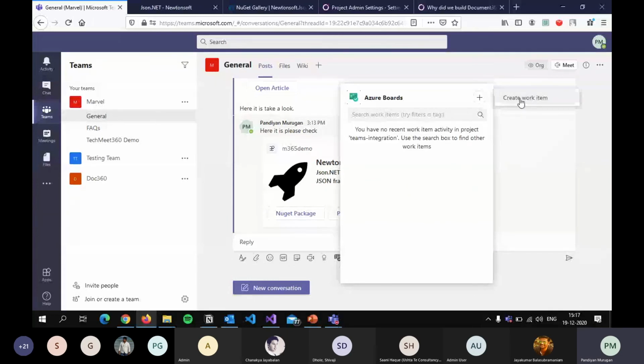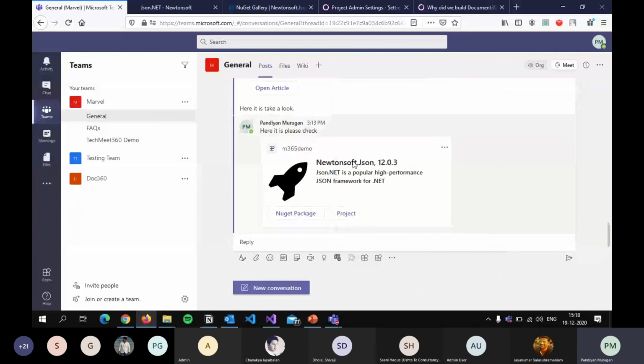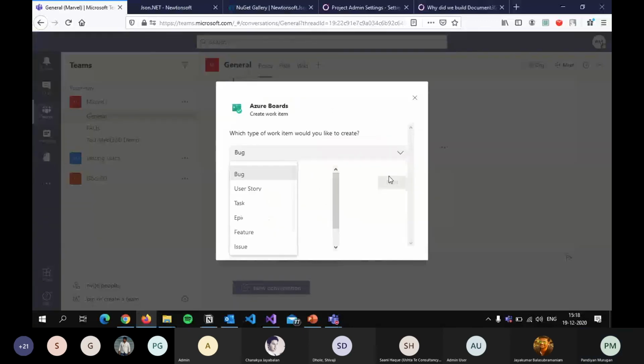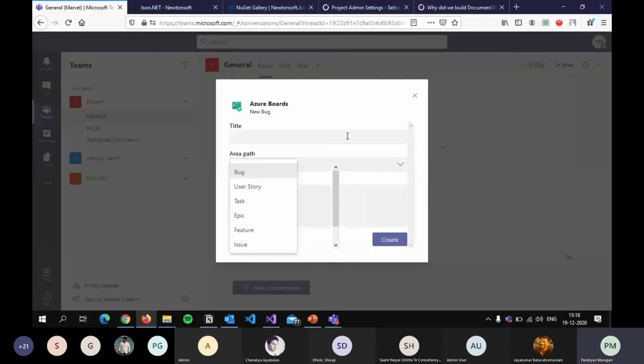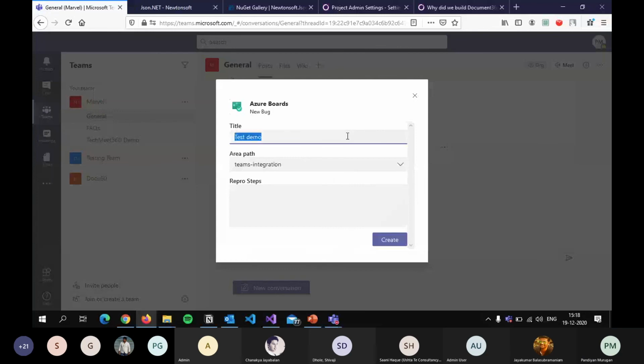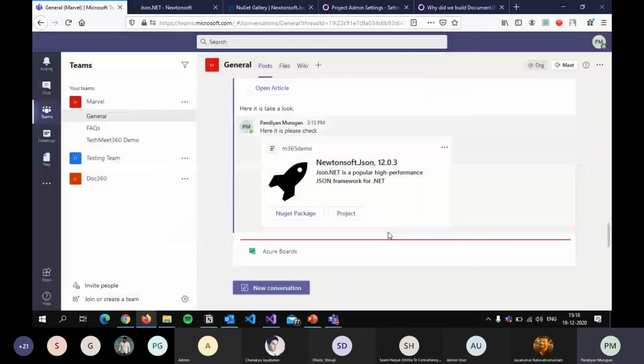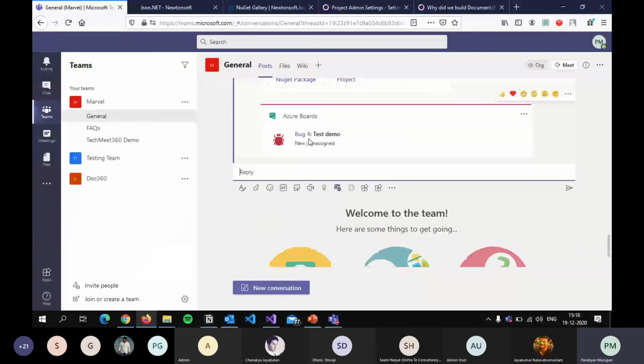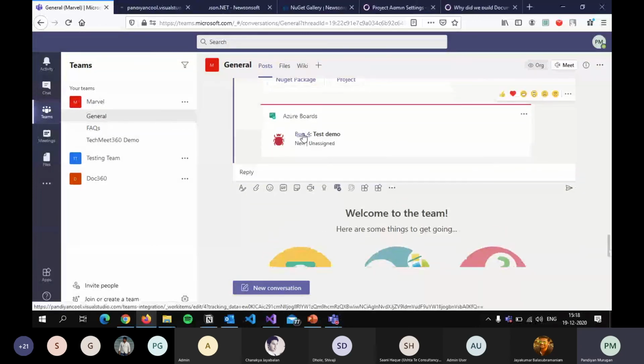Okay, I don't have any work items. Let me create a new item now. Okay, let's create a bug. So it's got created. I'm just sending it. If you open this bug in a new tab, it should provide me a URL.